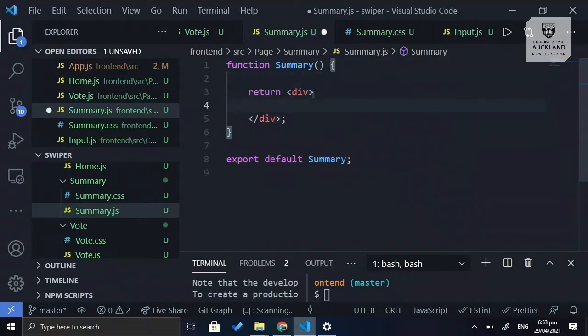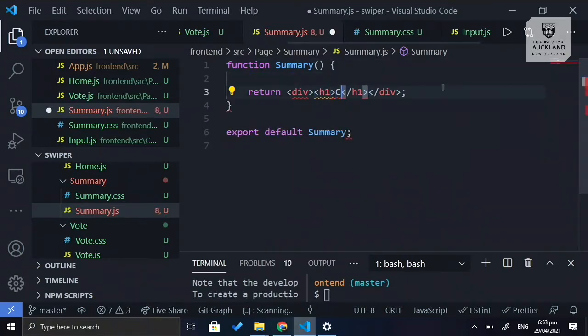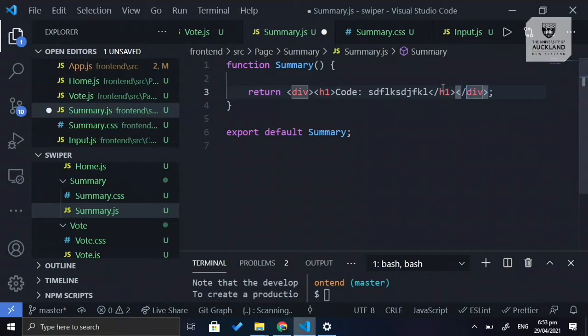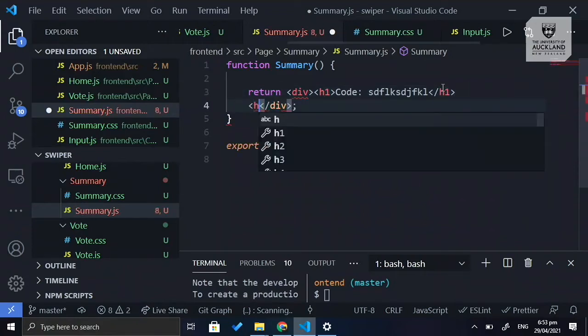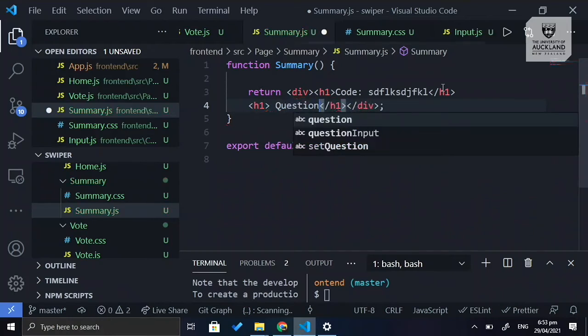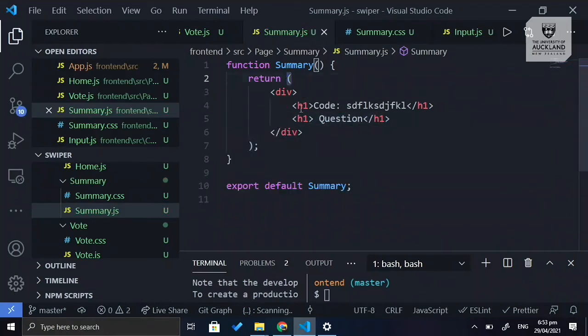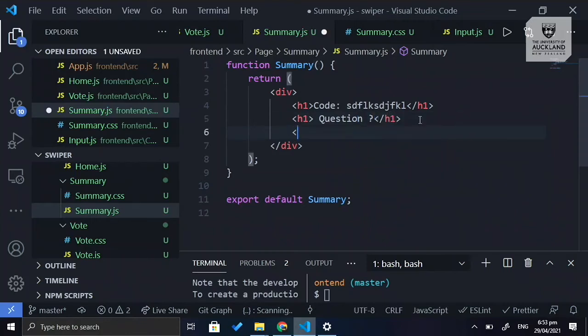In the summary page, we will show the code. And for now, we don't know the code. We'll get it from the server, which we'll eventually create in the second part. So I'll just put some dummy text. We also show the question. I'll remember the parentheses to move them into a different line. Again, we'll get the question from the server and a